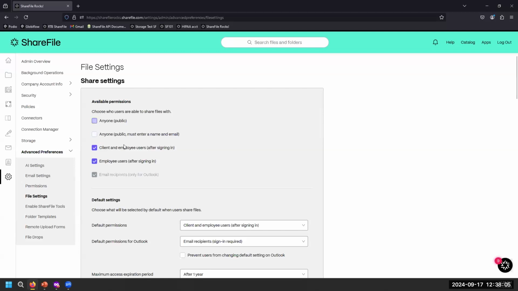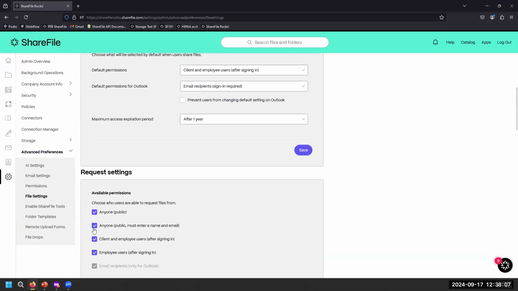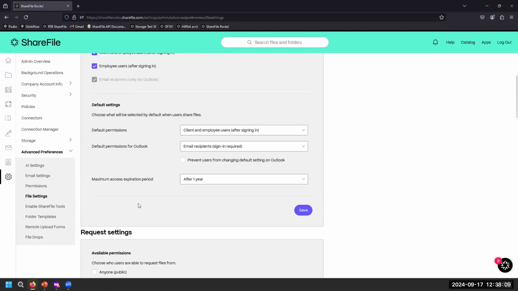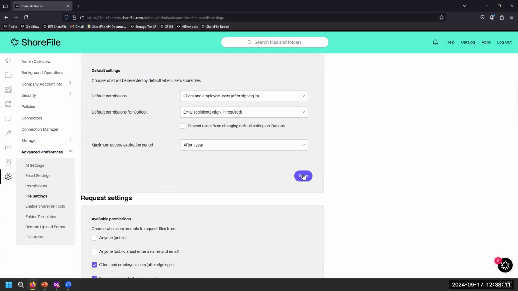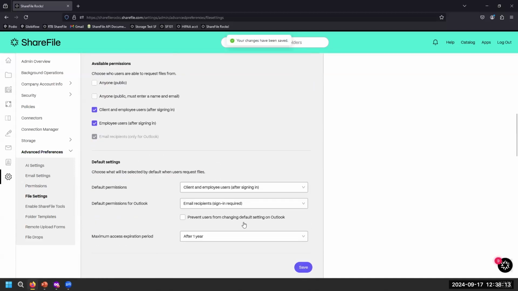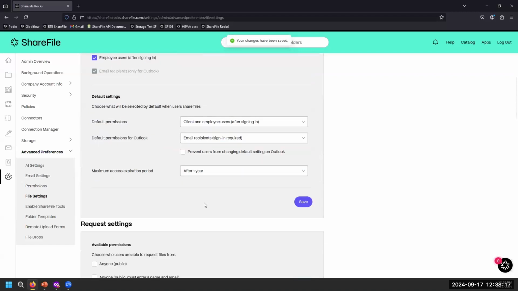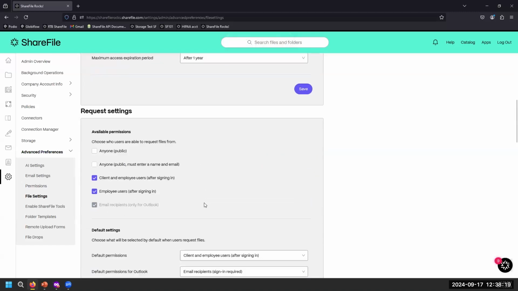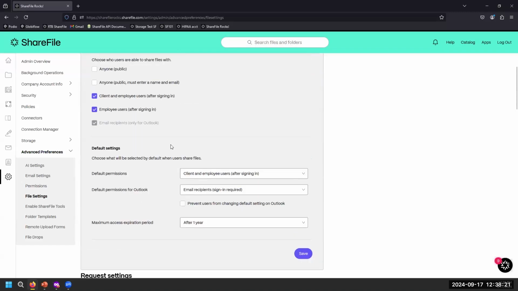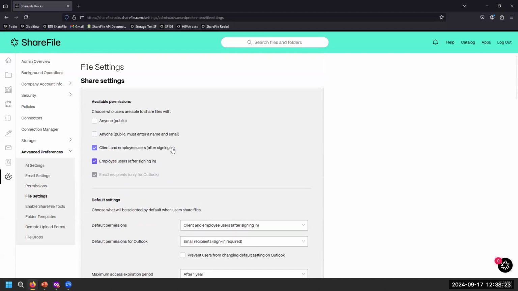So if I wanted to take a more strict approach on our account and not offer any sort of anonymous activity, I could choose to uncheck these and save these boxes. And no longer will anyone in my account have the ability to share or request things anonymously. So obviously, make these changes at your own grace, understand who your end users are and the overhead or impact